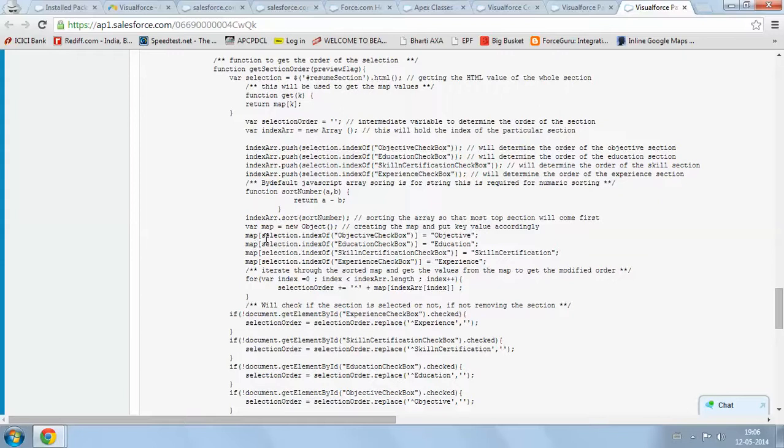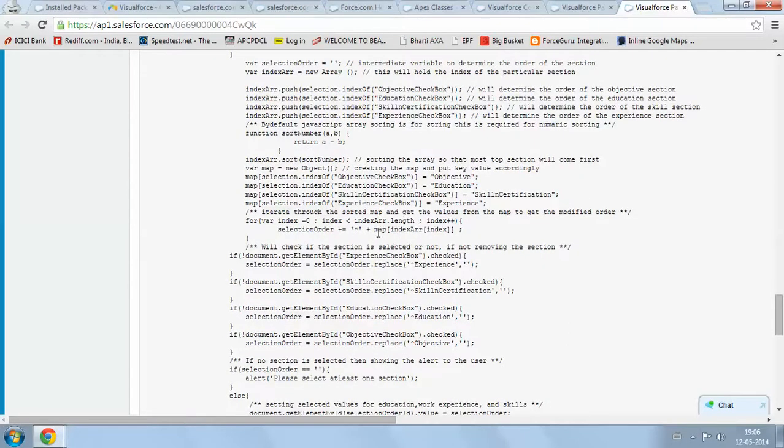If the objective index is 100, the objective is put at 100. Suppose education index is 300, education is put at 300, and the skill experience index is 200, so against 200 skills and certification are put. I iterate that sorted array again and fetch the record from the map, so you get which section is coming in which order.